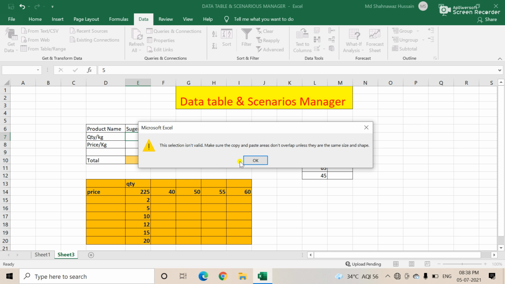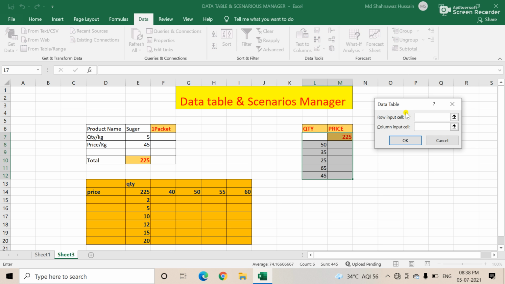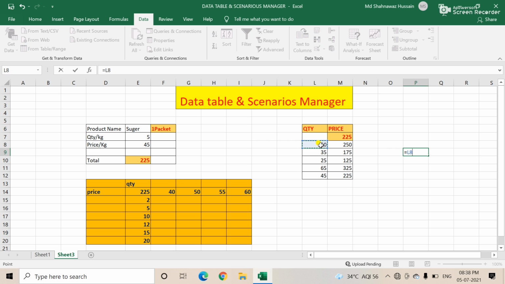Oh sorry, first you select like this. If you do not select, nothing is coming, because it is coming based on the selection; when you select all of this, then it is coming. The price is 45, right, and the quantity is 50. So I am showing you the calculation like this, equal to 50 into 5, 250, understood? Like this it is coming.